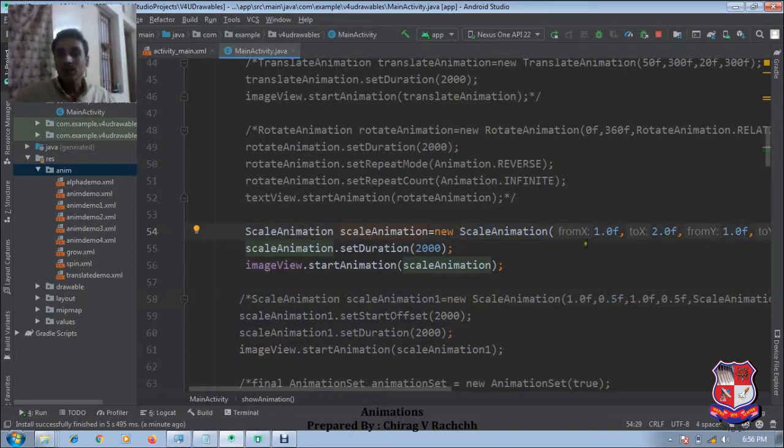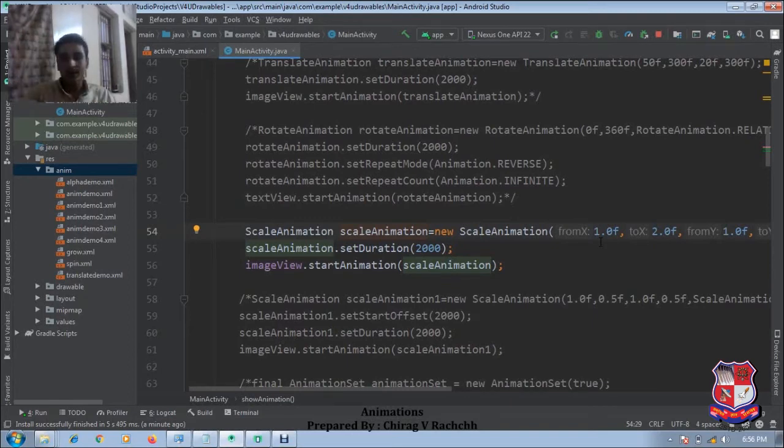Here we have passed values. Now what does scale animation need? It needs from x scale to x scale, from y scale to y scale, then pivot x, pivot y. It requires 6 things.